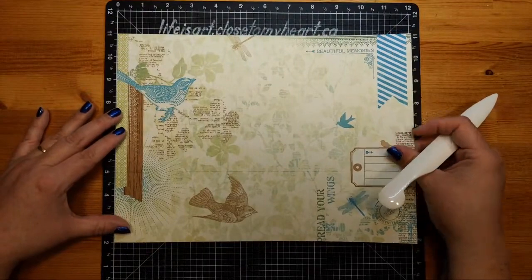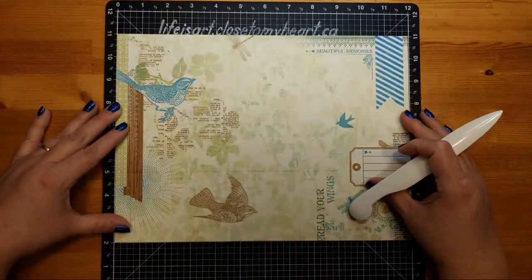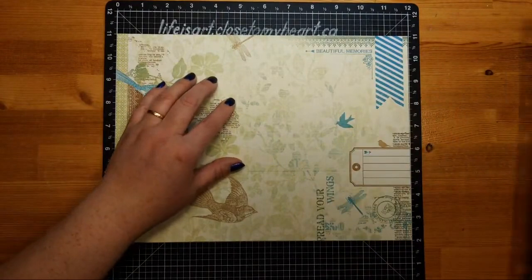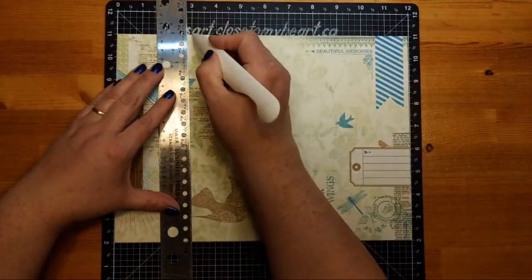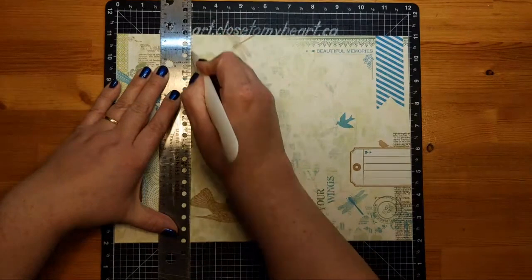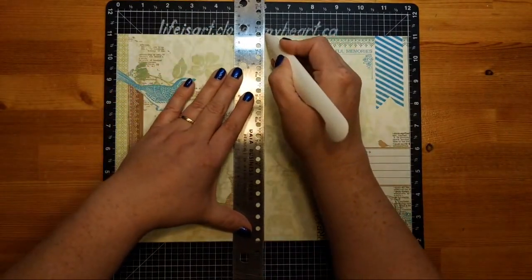12-inch side here. We're going to line it up, and you probably figured out from the fact that I said it was going to be a quarter fold that we're going to fold this and make 4 panels. So we're going to be scoring at 3, 6, and 9. So here we go. First one, lining up at the 3-inch. Now if you have a scoreboard, you can easily use that. And then 6-inch